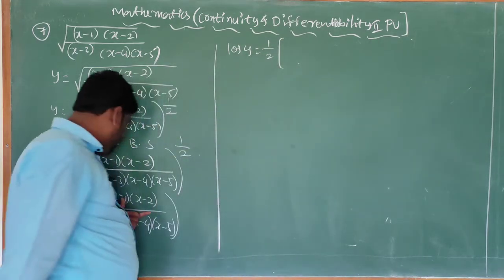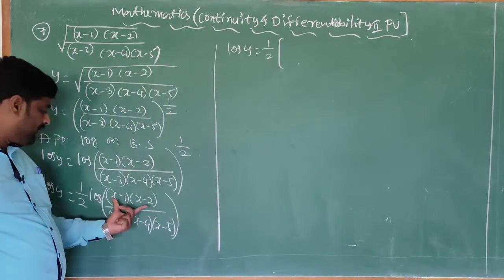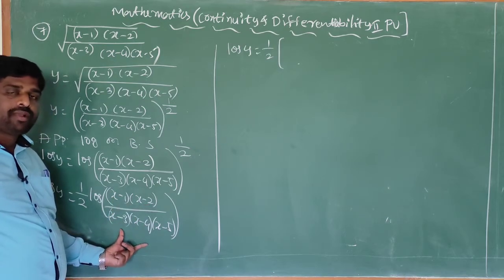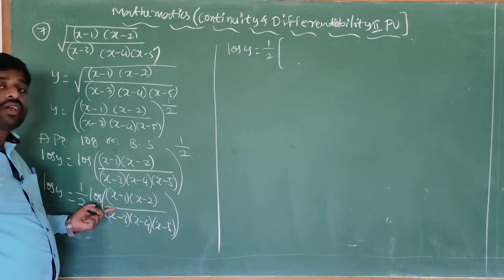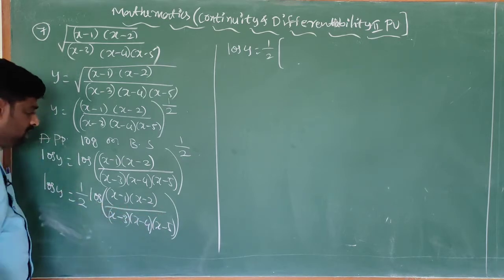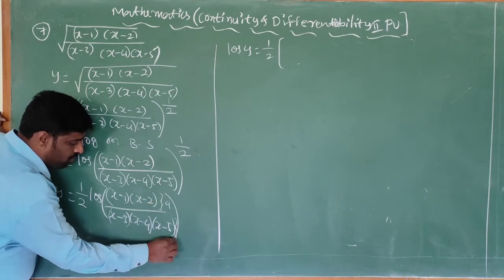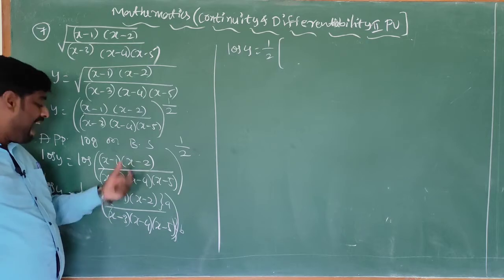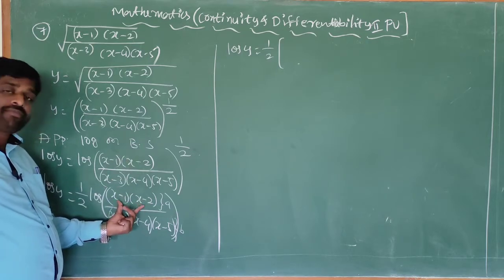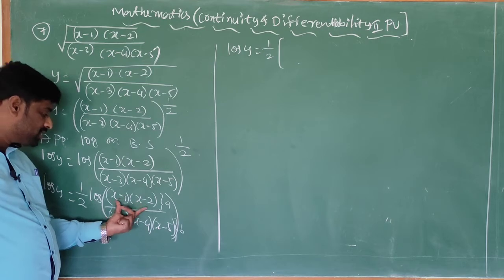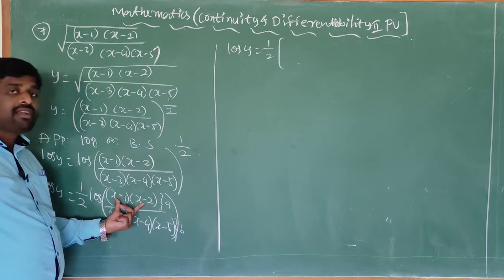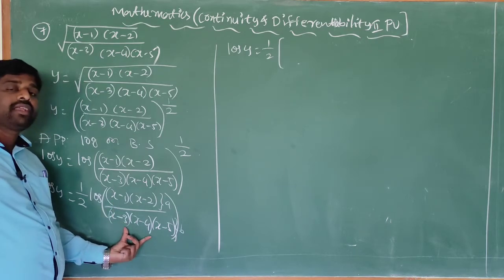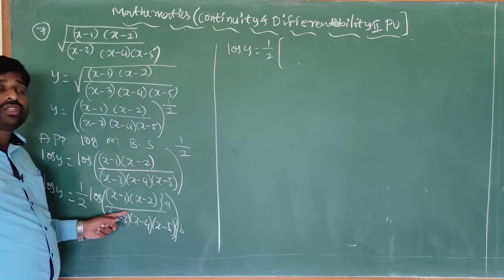Here log a by b form is there, product form is there, so you have to apply the log ab formula. Here also product form is there, you have to apply the log abc formula, but here division is there, so you have to apply log a minus log b. This full thing I can assume a, this full thing I can assume b. Log a by b is log a minus log b. And again this is a form of some CD, log CD, which means the product is there now. We can write the product form in the form of addition. Here also product form is there, we can write it as addition, but here division is there, so that means you have to take minus.